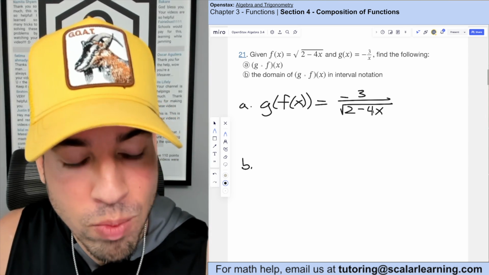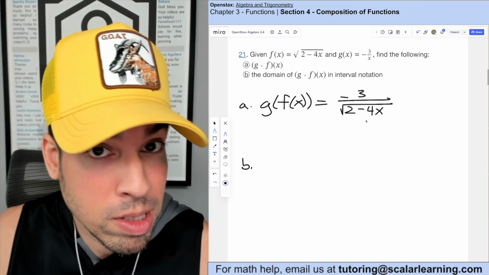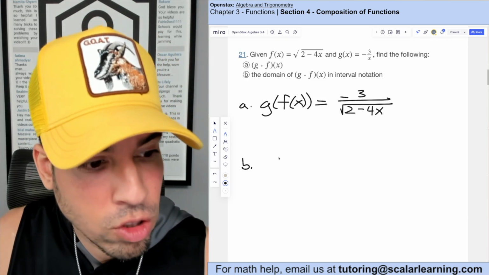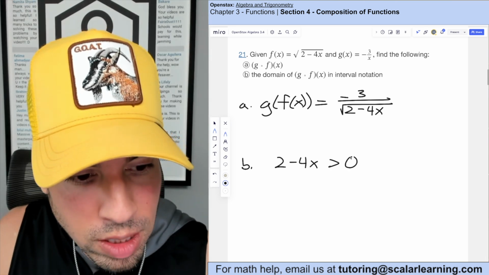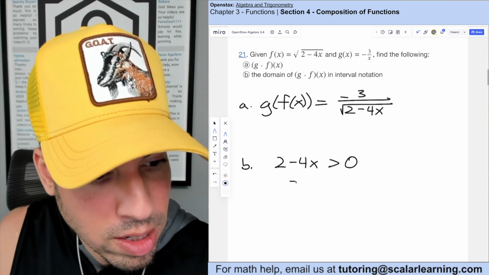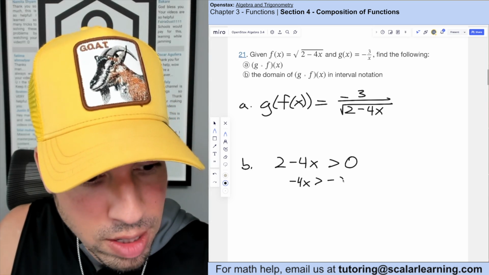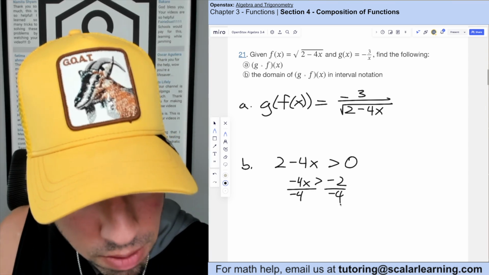We cannot have this radical be negative, and since it's in the denominator, it actually can't be 0 either. So whatever's in this radical, 2 minus 4x, must be greater than 0, meaning positive, and it can't be 0. So now we isolate x. Negative 4x is greater than negative 2. I subtract the 2 from both sides, and I'm going to divide by negative 4, divide by negative 4, and